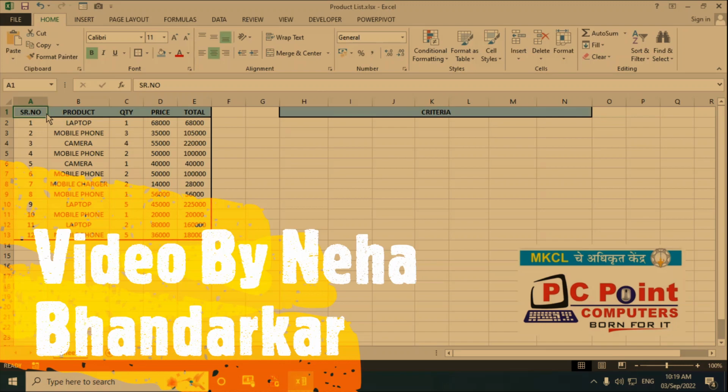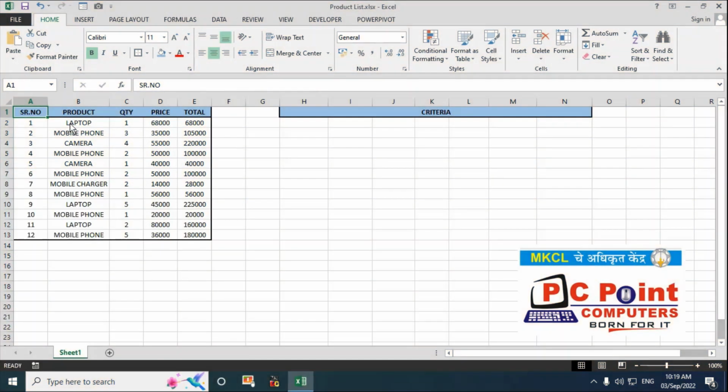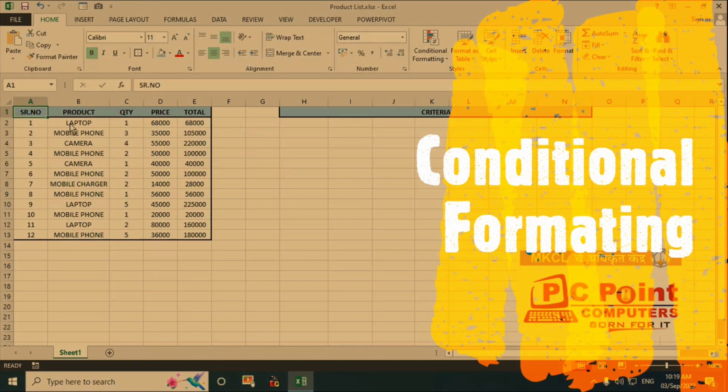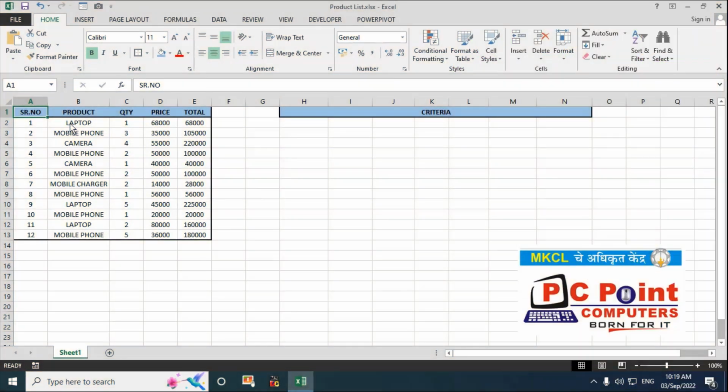So today we're going to learn a very important plus interesting topic, that is how to apply conditional formatting to your given data in Excel. So the first thing that comes to mind is, what is conditional formatting? Conditional formatting is most often used to highlight, summarize or differentiate among your data and its information. It also allows you to apply special formatting to the cells which meet certain criteria. So let's see how it works.